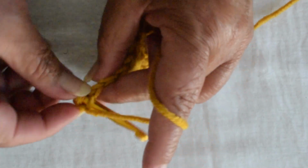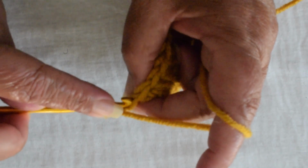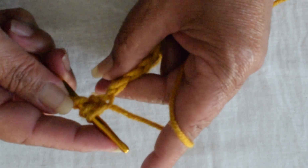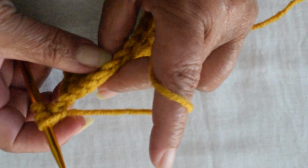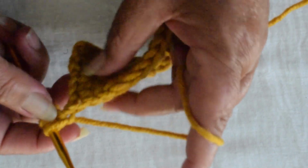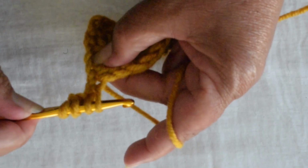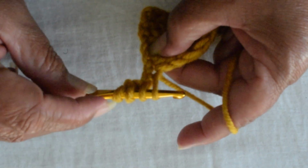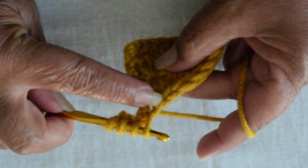We're going to go up underneath the leg, yarn over, pull through. We're going to go into the next stitch under the leg, yarn over, pull through. That should bring us to our half double crochet stitches. And so we're going to continue to collect the yarn we need to make a star stitch. And we need how many strands? We need 6. Right now we have 4. 1, 2, 3, and 4. So we need to go into 2 more